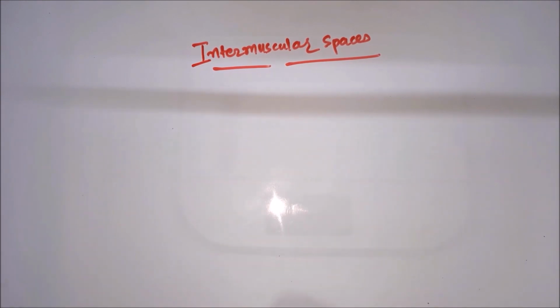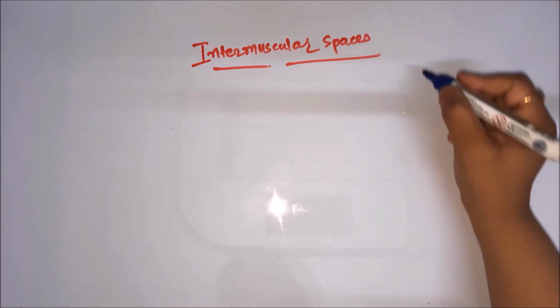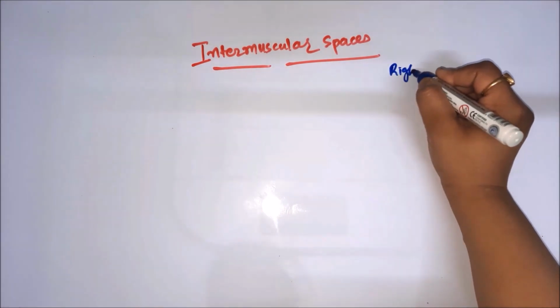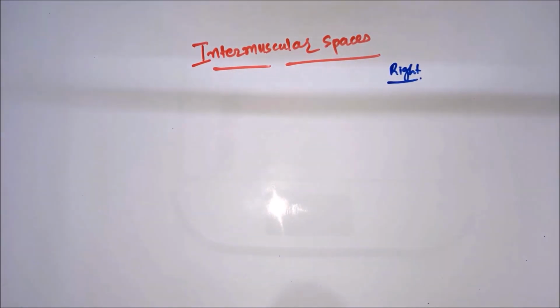Let us see the scapulo-humeral spaces. The spaces which are present around the scapula are also known as the intermuscular spaces. So we will study the spaces of only one side, which is the right side. Just to remember,